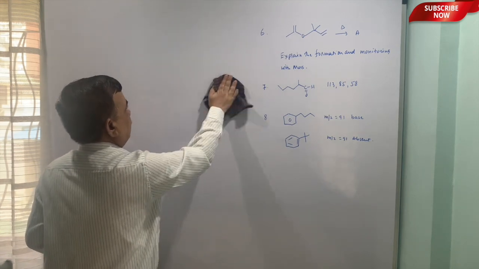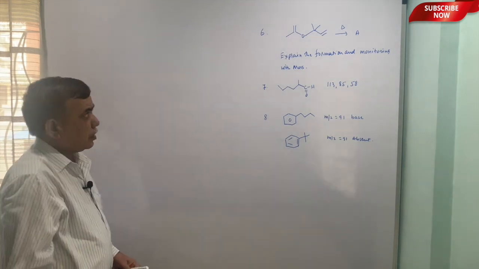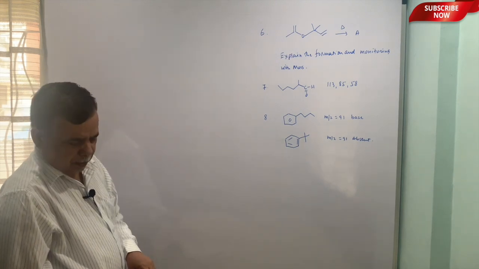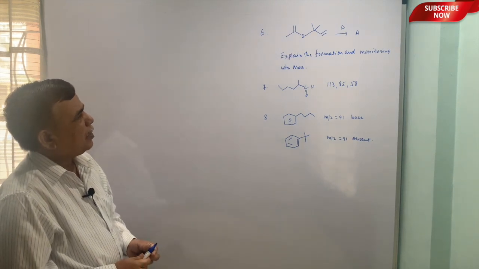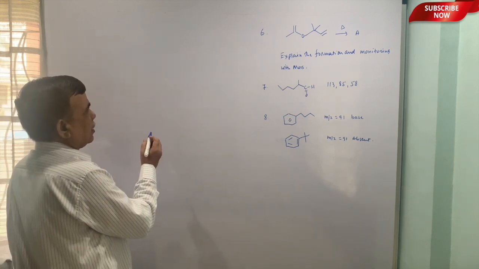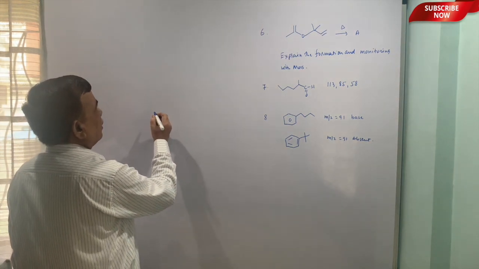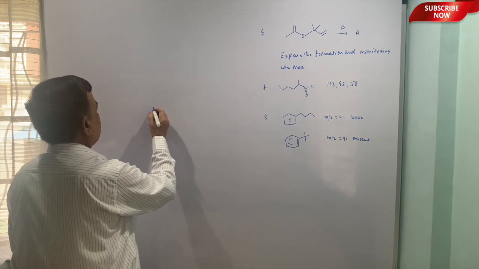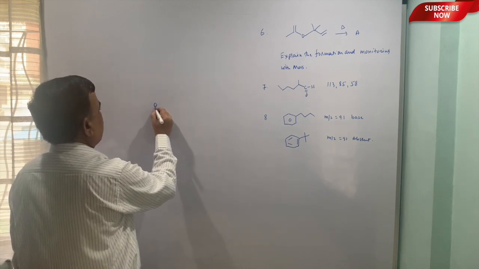Okay. Then moving on to sixth example. Now that is some different example. Explain the formation and monitoring with mass. Like how mass can help us in showing this kind of thing. So let me put